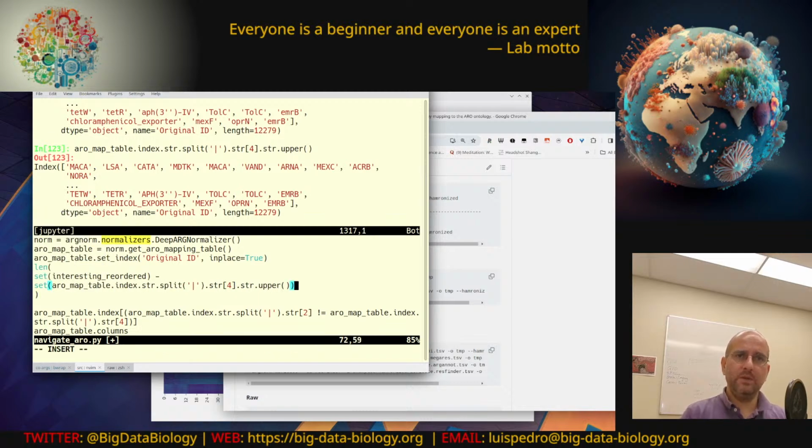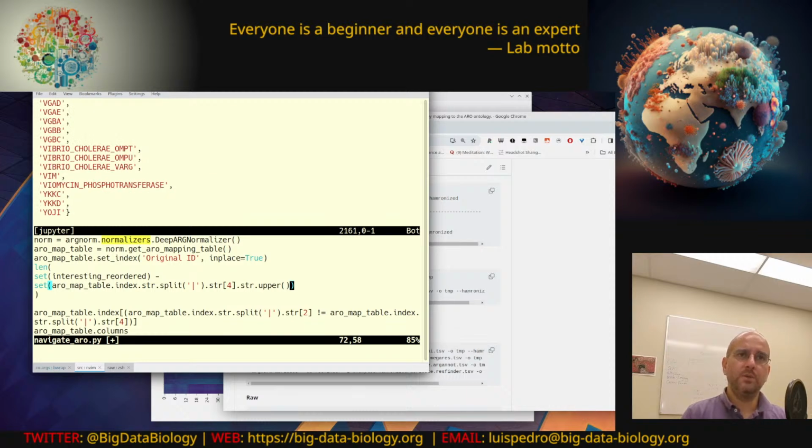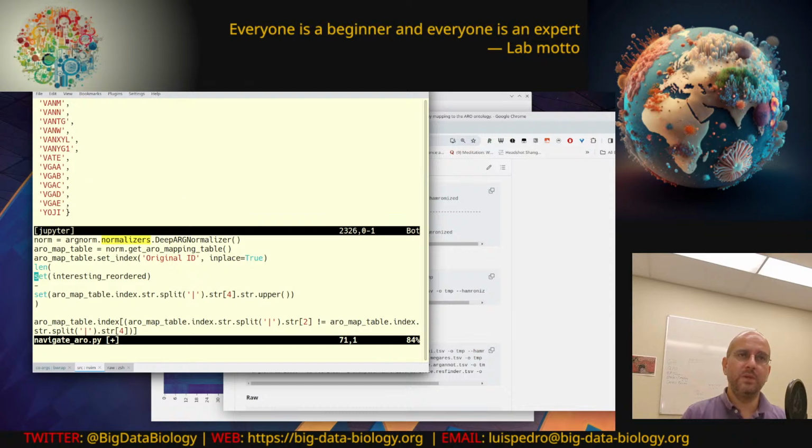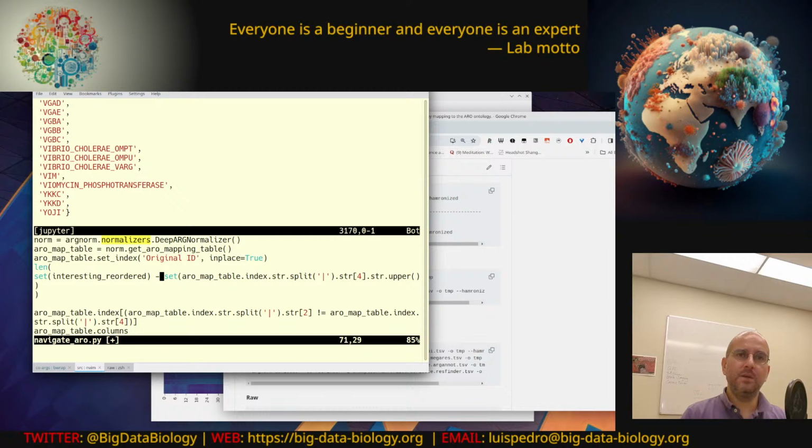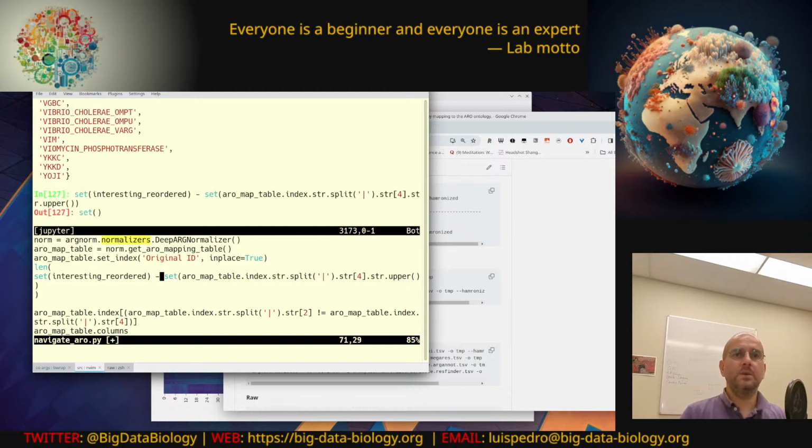Now I can check whether... then I'm going to turn this into a set, just to allow this operation. So I have the set of things that I'm interested in, I have this other set of things, and I'm doing one minus the other, and that's the empty set. So this tells me that there's nothing on this side that is not also on that side. Okay, so this means that